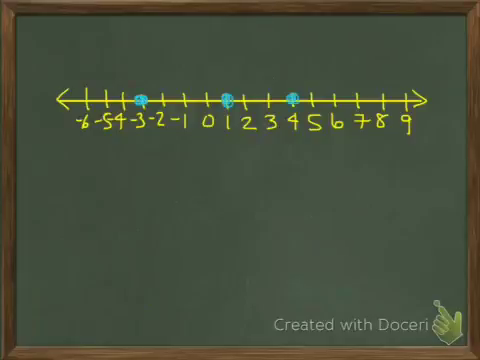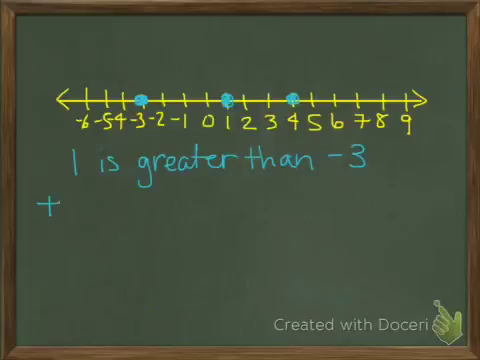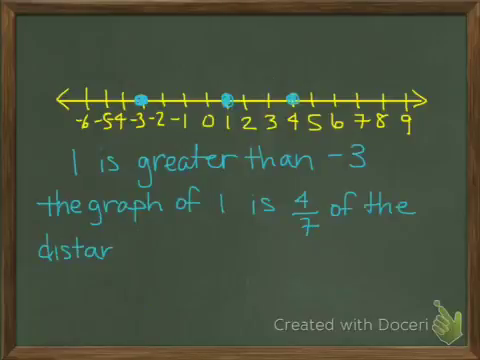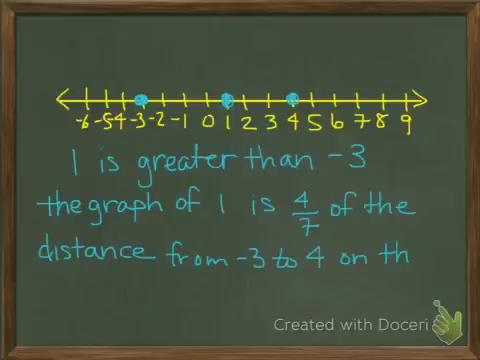When you have a number line, just as a review, we can see that the number 1 is greater than -3 because it's to the right of it on a number line. And we can order all of the real numbers on a number line, and it's considered an ordered set. So 1 is greater than -3, and the graph of 1 is 4/7 of the distance from -3 to 4 on